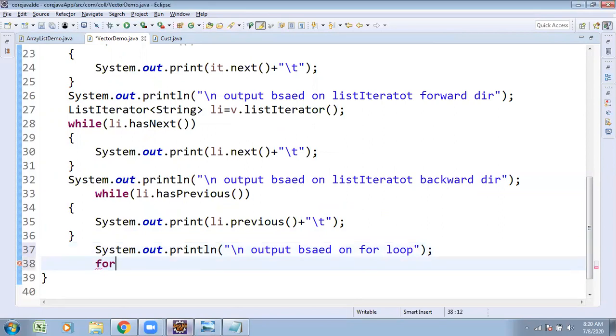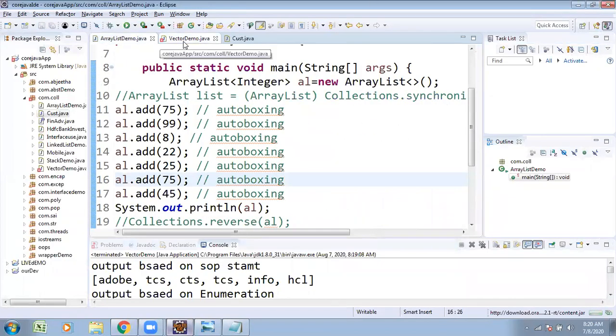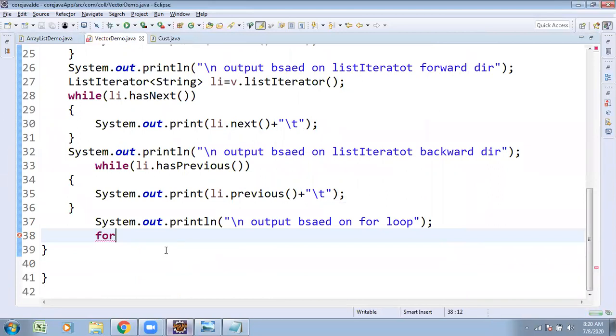For: you know very well about for loop. For initialization, I have to start, obviously, index is going to start from 0. int i is equal to 0. Condition: what is the condition? Generally, if it is an array, array dot length we are going to use. But it's a collection. If it is a fixed size, you can give the number 6, less than 6. But it's a collection, dynamic changes. Removal is possible, insertion is possible, everything is possible dynamically. So what is recommended to go through?